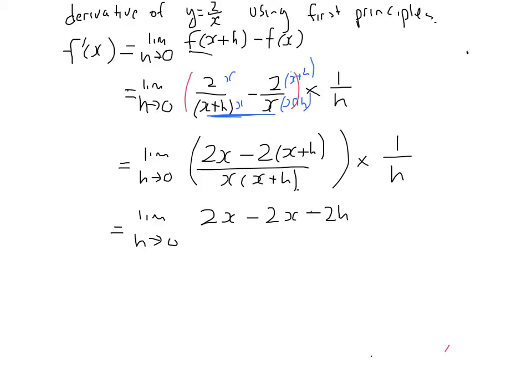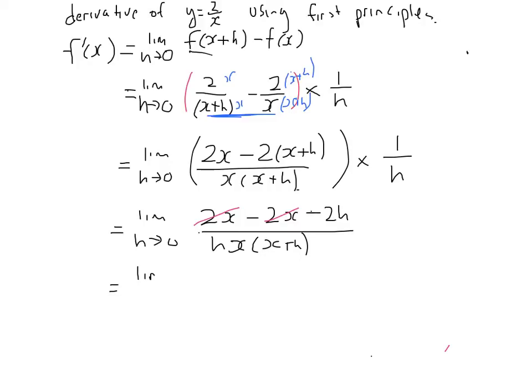Let's take away all over x bracket x plus h, and I'm going to bring that 1 over h inside here, so that's multiplying the denominator by h as well, so our denominator becomes that. We can cancel down our x terms on the top, so we end up with